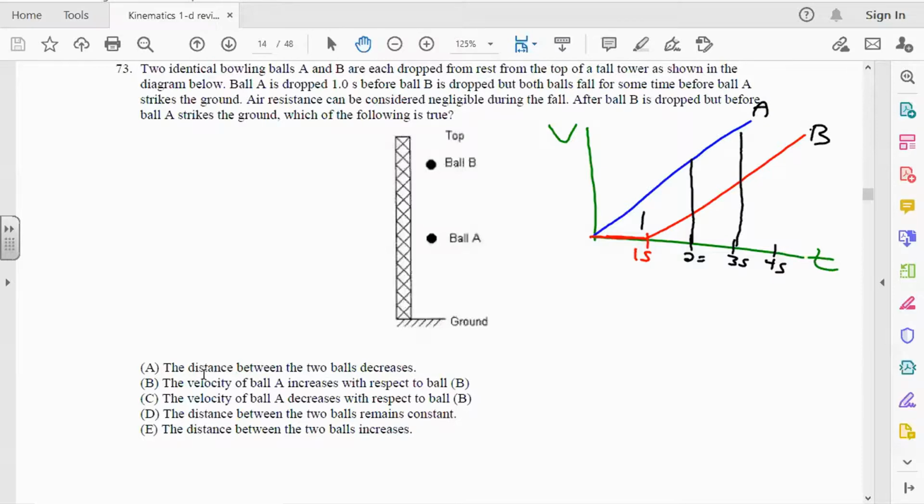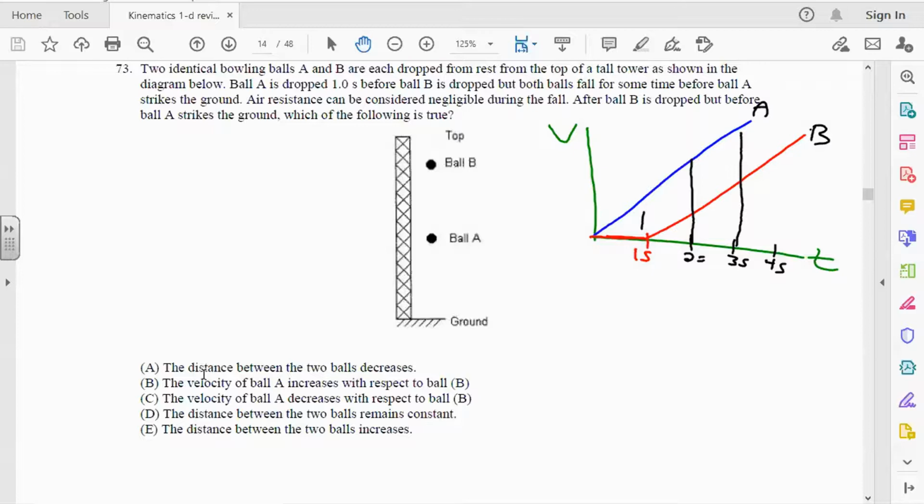So what this means is that if the velocity is going to increase with respect to ball B, they would have to have different acceleration values. But the moment they're dropped, they're in free fall, so we know that both of them have the same acceleration. So after 1 second, B would be moving at 10 meters per second, which means that A is moving at